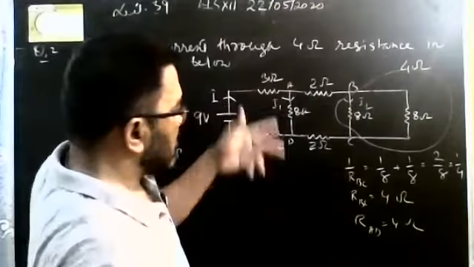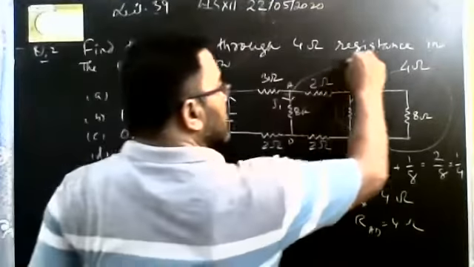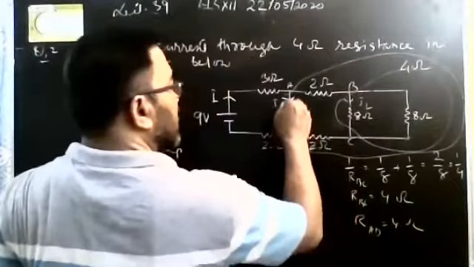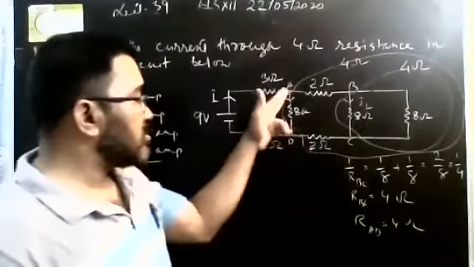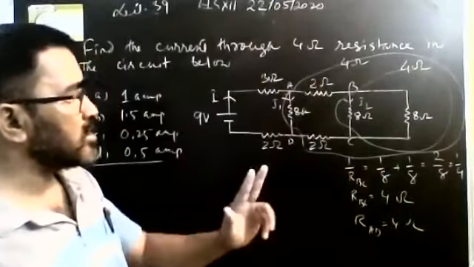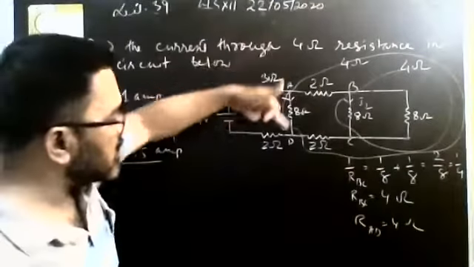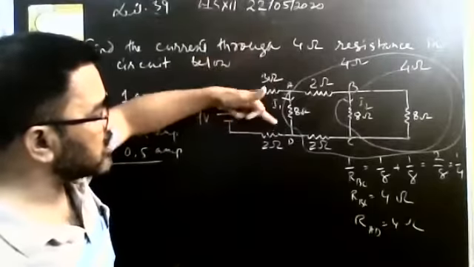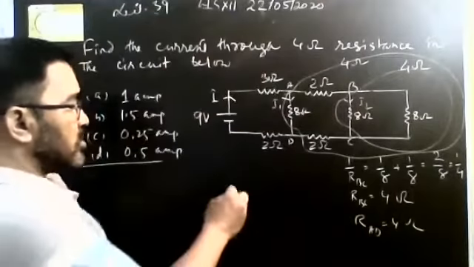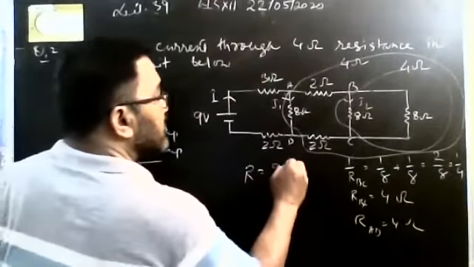Now, as a whole, you remove all of this and put in a 4 ohm, okay? Removing all of that, between A and D you have connected a 4 ohm. Now this is series: 3 plus 4 plus 2. 3 plus 4 plus 2, how much? 7, 8, 9. So net resistance R is equal to 9 ohm.